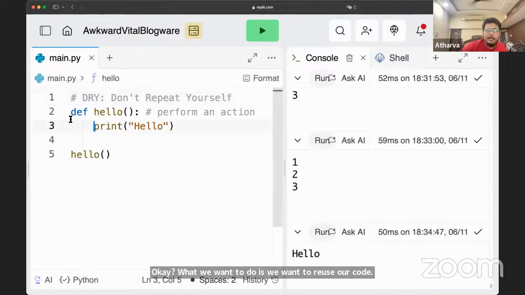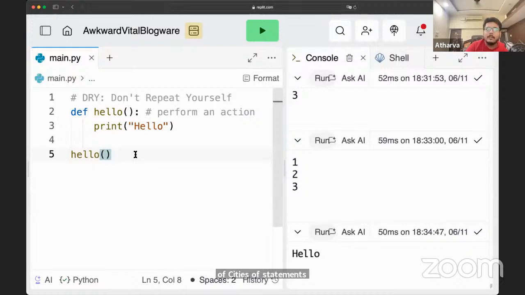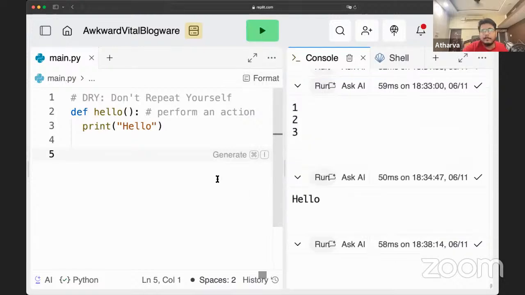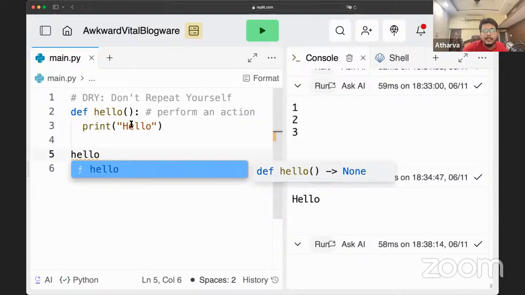For example, in a function, the def keyword is used to define a function. A function is a block that contains a series of statements to be executed. Let's say I define this function. If I do this, nothing is printed because I have to call it.